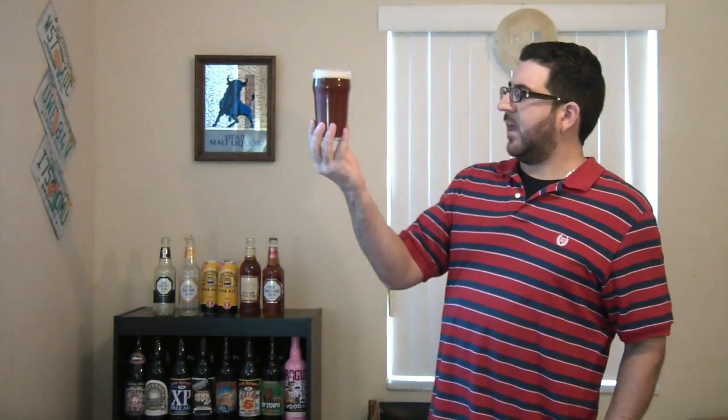And I'll actually tell you guys a little secret. I bought a single bottle of Old Crafty Hen maybe 4 or 5 months ago, and I had it sitting there in the fridge. I was going to review it, and one day I had been drinking and I ran out of beer and I had nothing else, and I said, screw it, I'll just drink this and review it another day. So I've had this before, but I don't really remember it because I was already drunk by the time I drank it. It happens. Anyway, it's categorized as an old ale on Rate Beer, and that kind of fits the